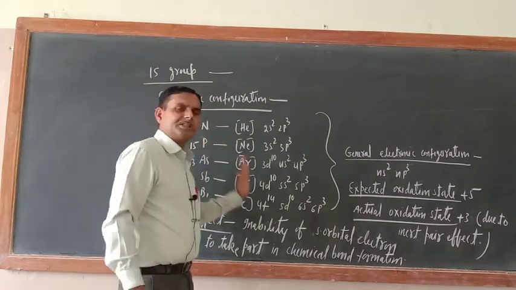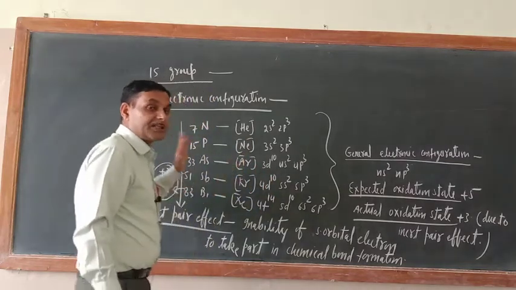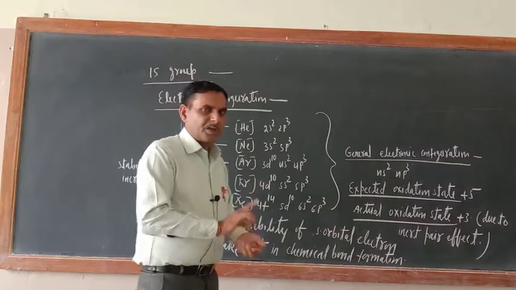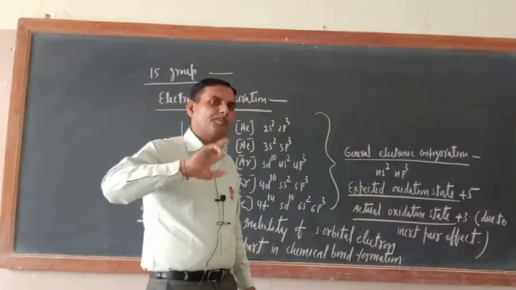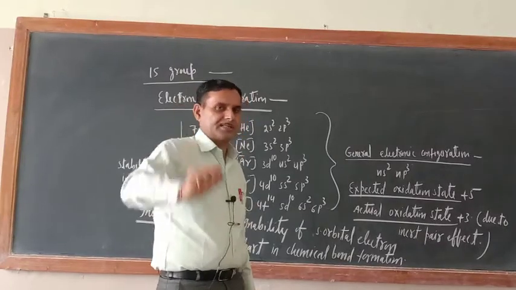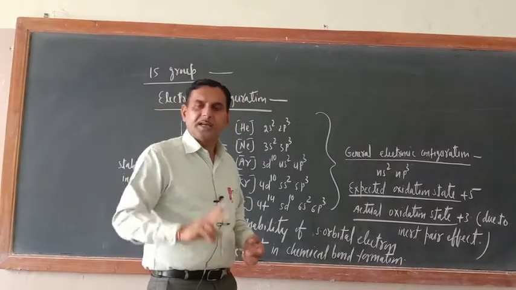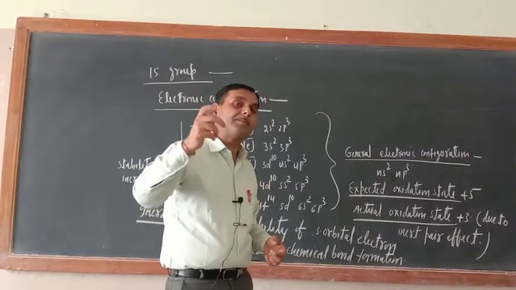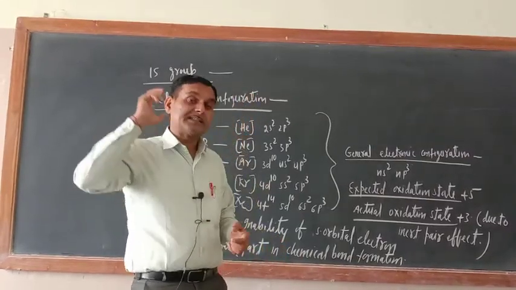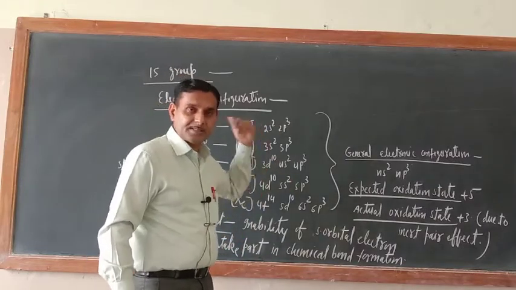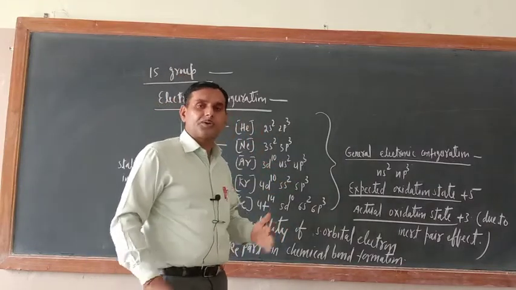Okay, so this is all about the oxidation state just by seeing the electronic configuration. Now try to understand: each unit should be taught and learned in different ways. There is no master key to open all locks. All locks will be opened by different keys. Similarly, different units should be studied in different ways. Now in this unit, what should be there?